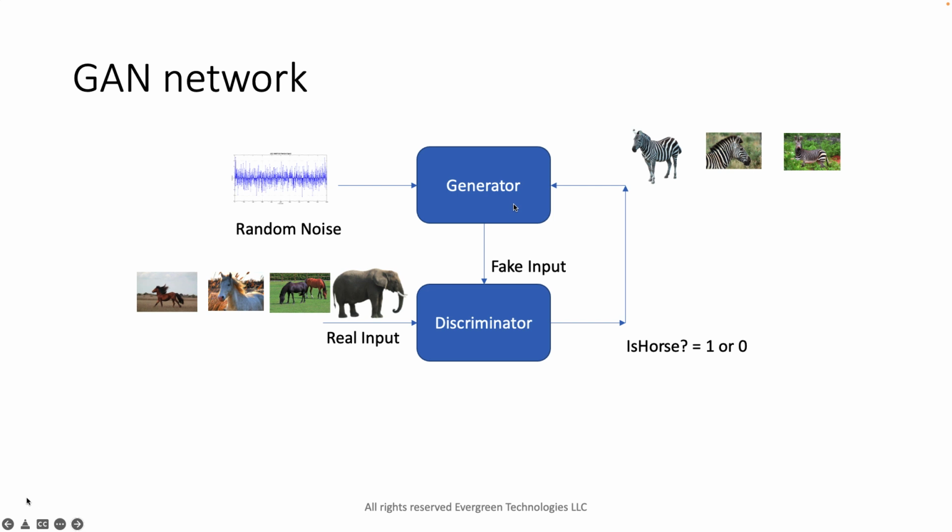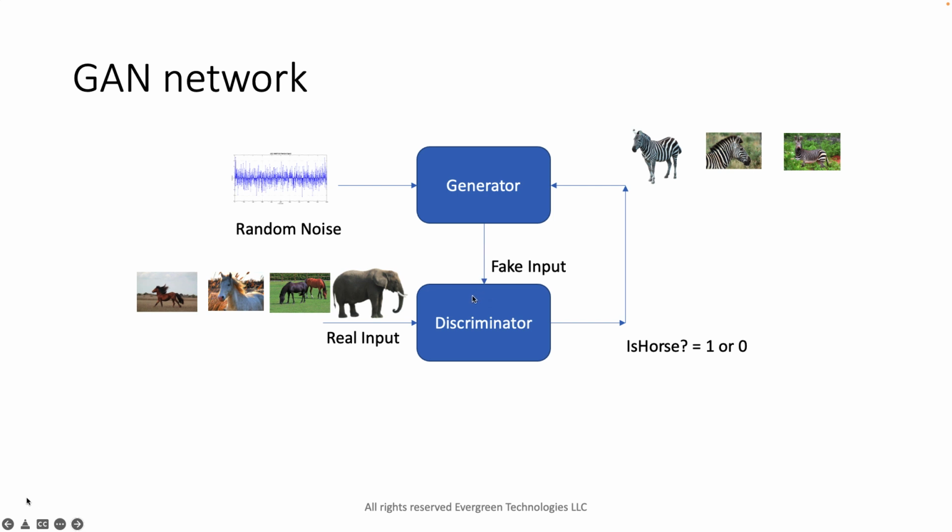The generator, basically what it does is, initially it just takes a random image and tries to generate a fake image. So this is the fake image that it will generate. Initially the image will be very noisy, right? It will be just noise. But then the discriminator